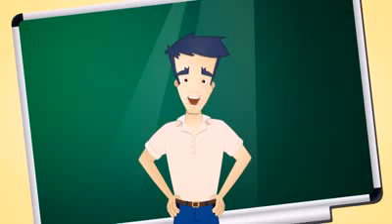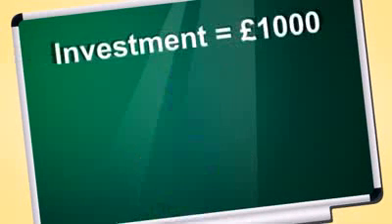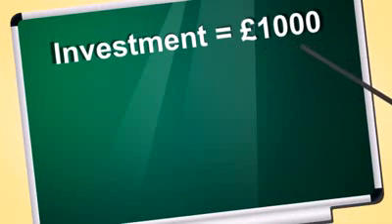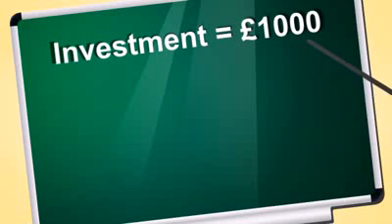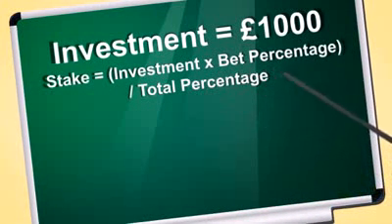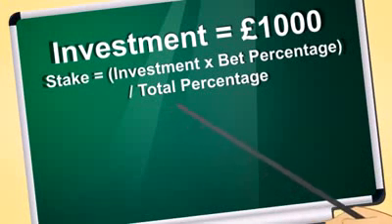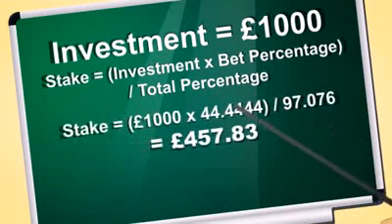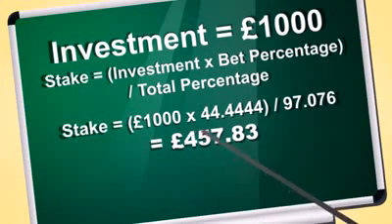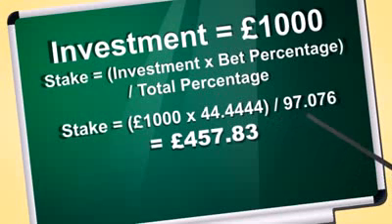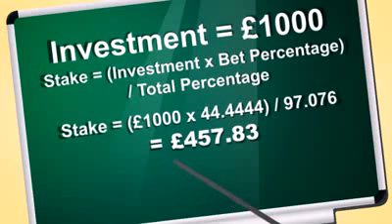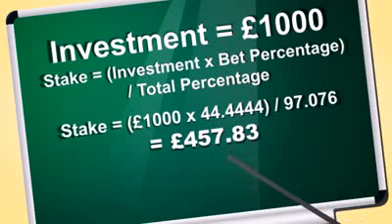Calculating the stakes you need to place on each bet is simple. First, decide how much you want to invest in the total trade. In this example, I'm going to use a round figure of £1,000. Now, just take this figure, multiply it by the individual bet's percentage, and then divide the result by the total percentage. At William Hill, the bet on Gonzalez is at 5-4, which we've converted to 44.4444%. So our stake here will be £1,000 times 44.4444, divided by 97.076,